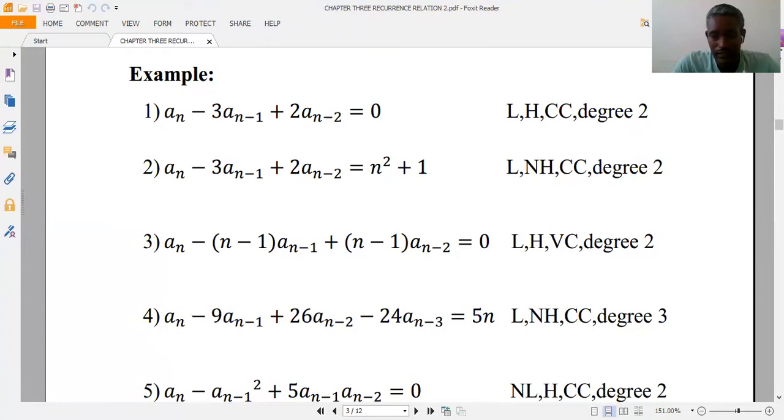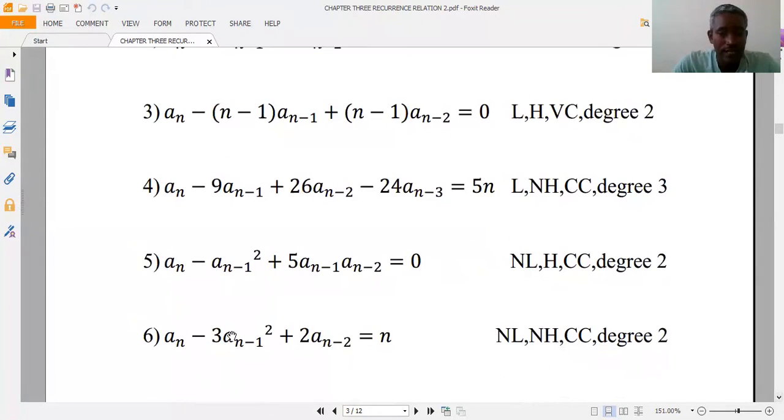The degree of the recurrence relation is 3. In the fifth example, you can see that in this recurrence relation one term has a power greater than 1, and there is a product of two terms of the sequence, so it is nonlinear. The coefficients are constant, and it's homogeneous, since fn is 0,